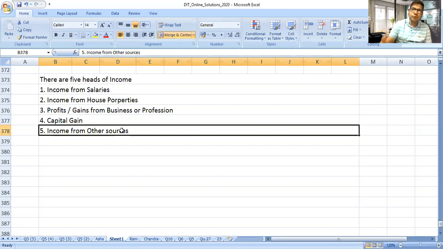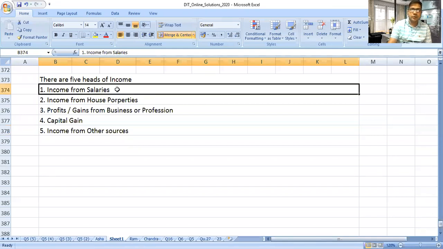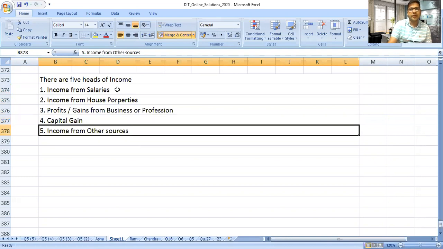Sometimes if you win a lottery, it is not a source of income, but suddenly or casually you earn a certain amount of income. It is called other sources income. The income for which there is no source, but suddenly you earn, is called income from other sources. So there are total five heads of income under Income Tax Act